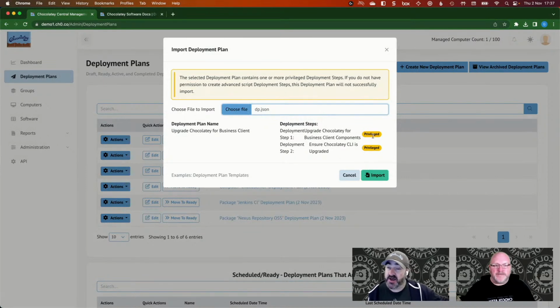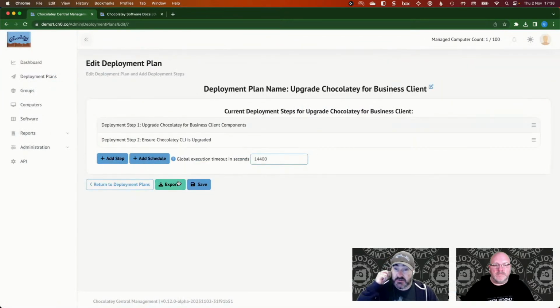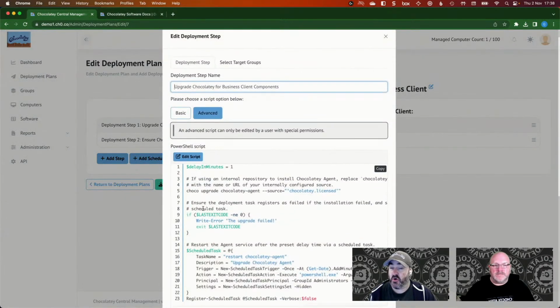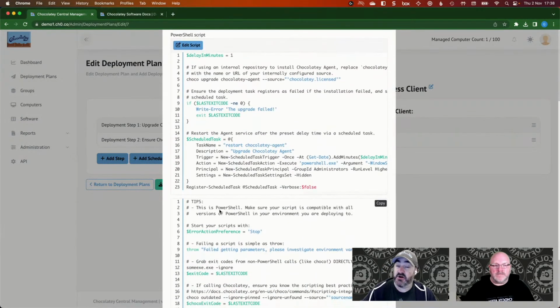So if I don't have the necessary permissions within this Chocolatey Central Management instance, then the importation of this plan will not work. But if I go ahead and click import here, I'll get taken to that deployment plan edit page, and in here it's got the fully populated step with all of the recommendations in terms of how you can upgrade the Chocolatey for Business products as part of a